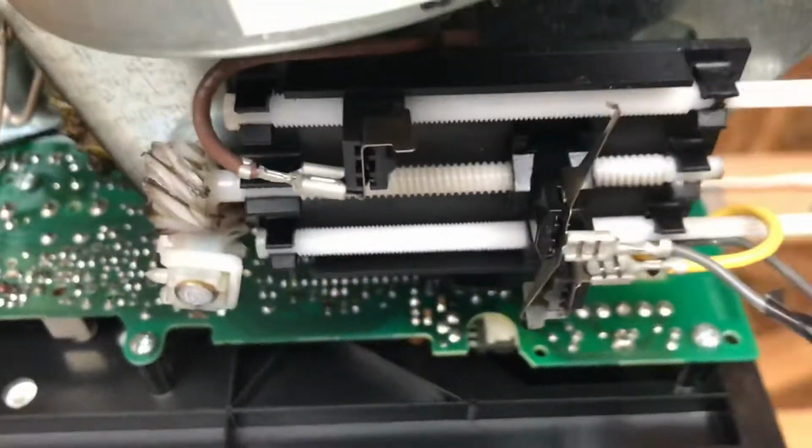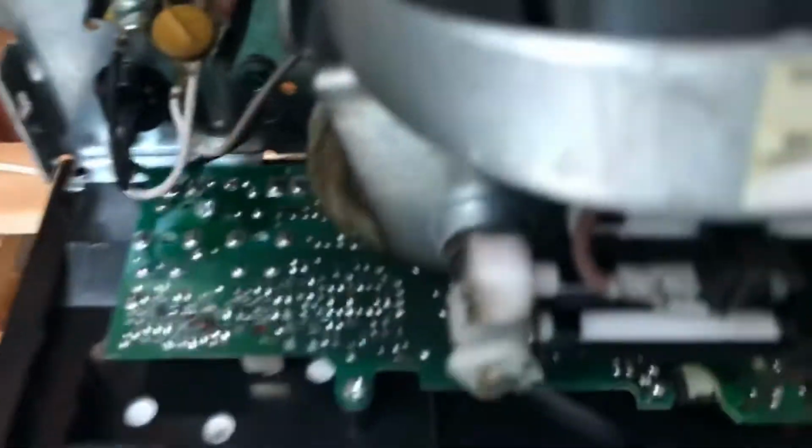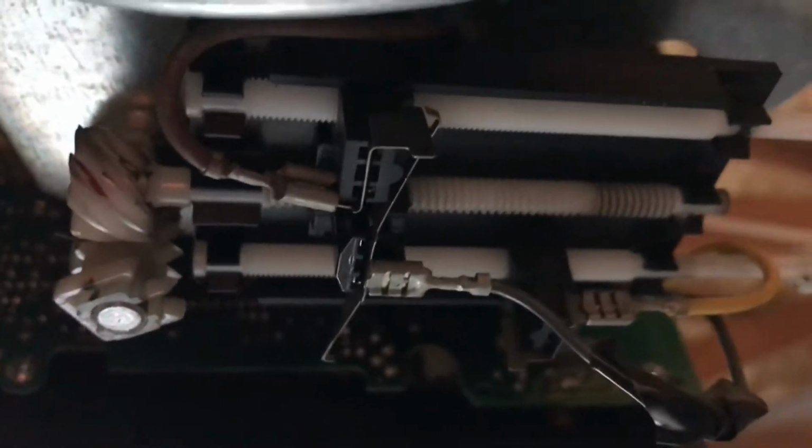What it actually does is, well, I'll just show you. The gear winds its way over to a contact point. So right over there, it's going to touch, and that's what tells the motor to stop. So it's basically a ground